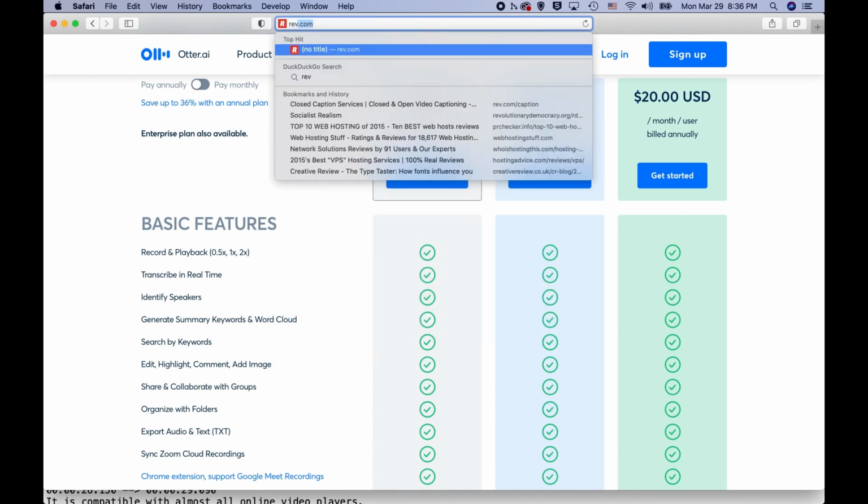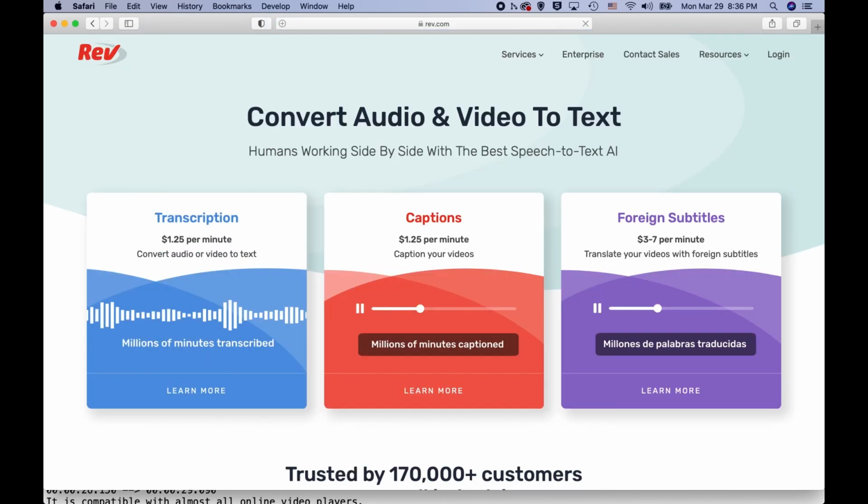And the second transcription service that I would recommend is rev.com. So rev.com has specifically a caption service. So it's specifically for production of these types of files. There are actually other types of files, but I mainly focused on the VTT file because it's the one that is most compatible, and it is the one that I think that for web you're for the most part going to be using at this time. Now, things may change in a year or two, the web changes, but for now, WebVTT file will be the